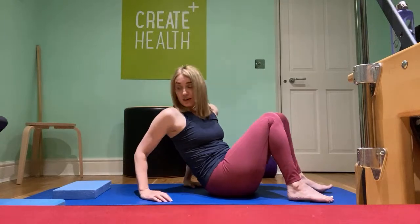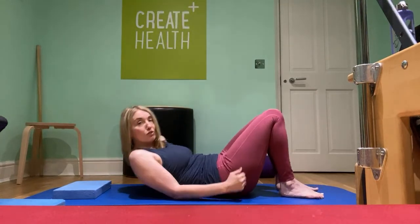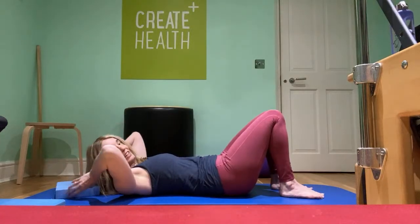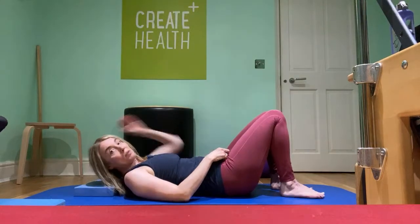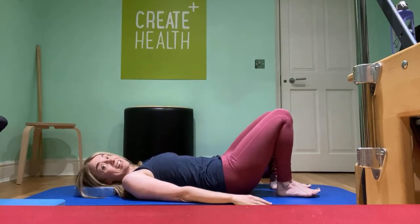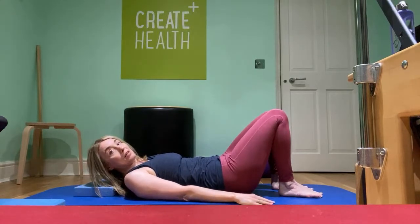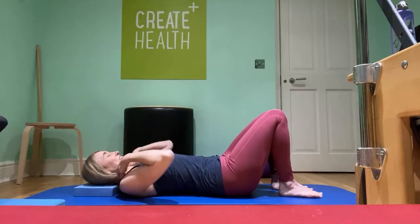So grab whatever you want to grab. You can do this on a bed if you're in bed. You can do this on the floor. Hopefully you can still see me. I'm just using this little yoga block. It's probably a bit too high, but you use whatever you need. You might not even need anything at all. I'm hoping you can see me. I can't see you, so I'm hoping. Okay, so